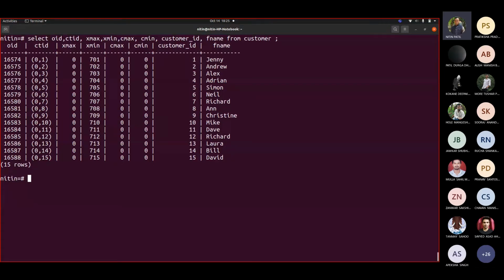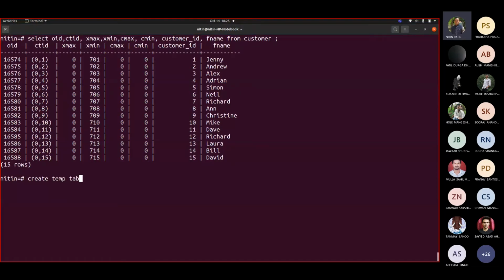If you see here, this data shows 0 1, 0 2, 0 3, 0 4. This is the tuple ID, CTID, and it is added every time you create a table, no matter whether you create the table with OIDs or without OIDs. Suppose I create a temporary table for introducing this concept.